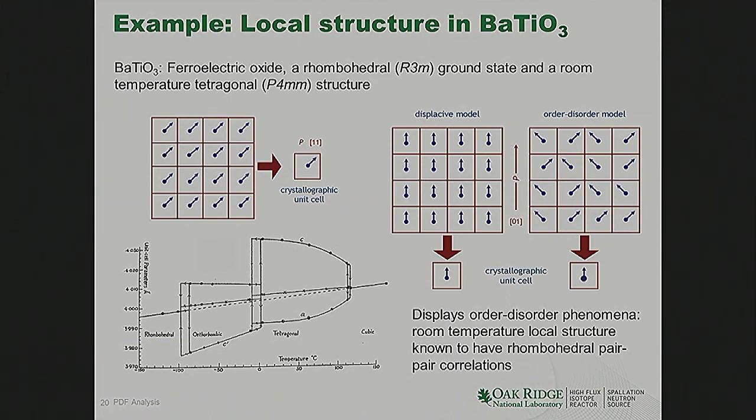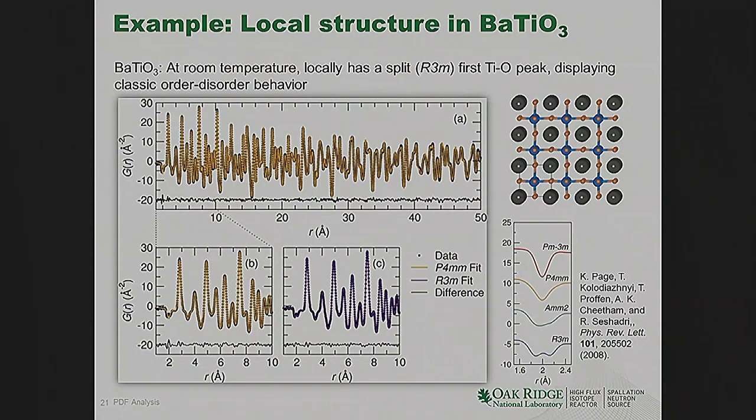And so in barium titanate, you have a rhombohedral ground state, and you have transitions to orthorhombic, tetragonal, and eventually cubic phases. And this is where the polarization vector changes as a function of temperature on average. But locally, it's always the same. So if I was to calculate a PDF from the crystallographic phases of barium titanate, I would see the nearest neighbor pair-pair correlation over here is predicted to be split. So I have 3 long and 3 short titanium oxygen distances